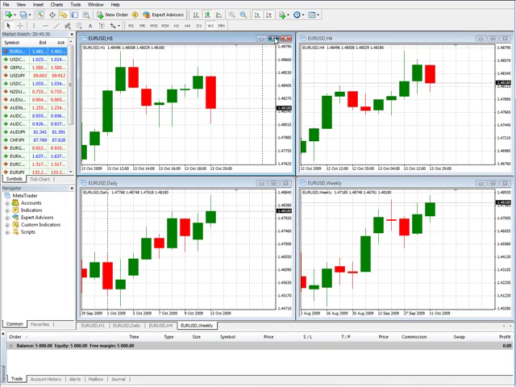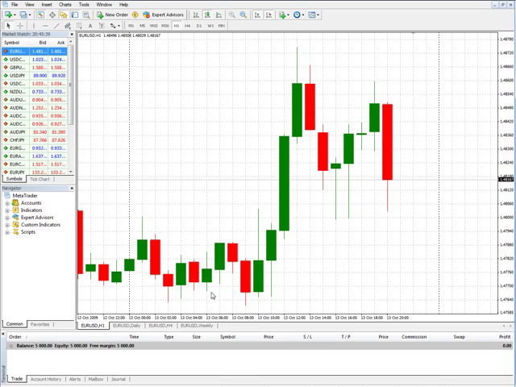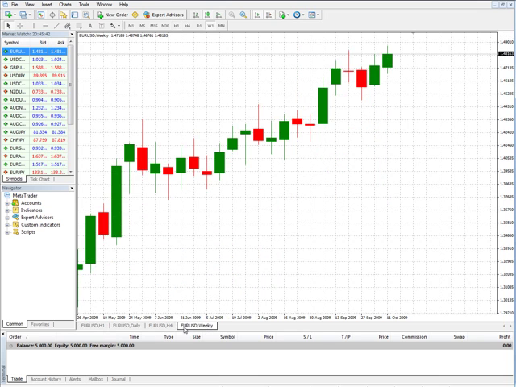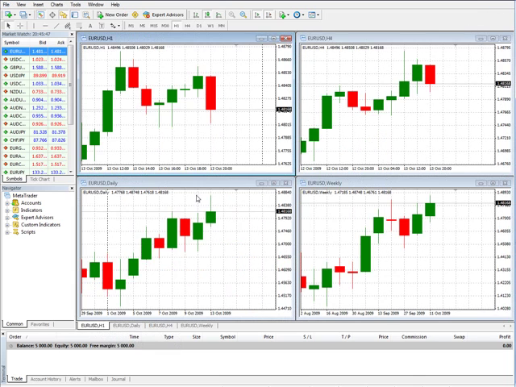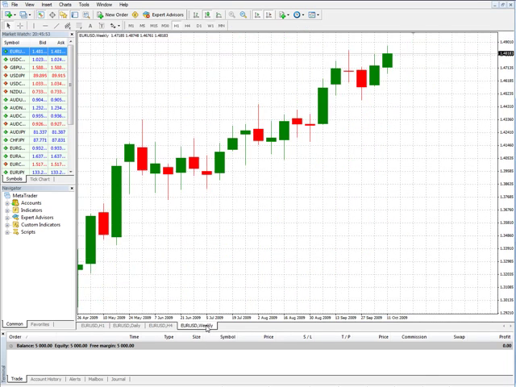I'm going to expand this, and you'll notice that once that's expanded, all of the other ones are large too. Go back down and see them all in one screen. We could actually do that. But what we'll do in this is set up what I like to call top-down trading setup. Now, top-down trading basically means you start off with a larger time frame, and you look to see which